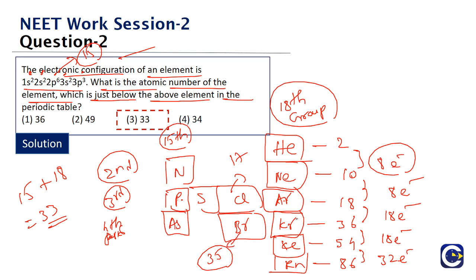So how are we answering these questions? By looking at the difference in the atomic numbers of the inert gas elements. So it is always good, because we have seen in some of the previous questions also, how remembering the inert gas atomic numbers is going to be useful for us. So helium atomic number 2, then neon 10, argon 18, krypton 36, then xenon 54, radon 86.